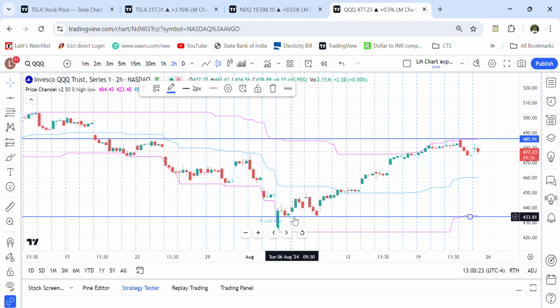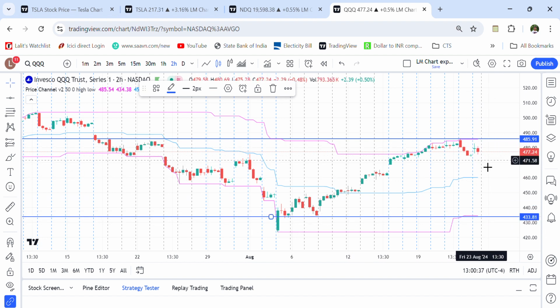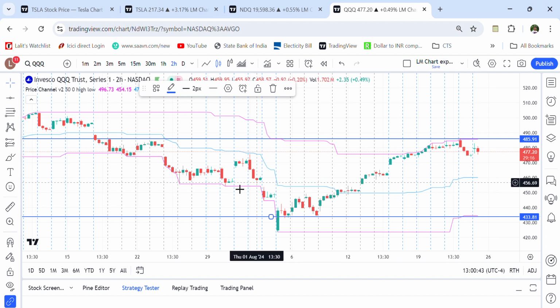Okay, so if you count, I'm not counting 50 candles, it will take time for this video. If you count 50 candles, it would come approximately over here or here, so that the low of that 50 candle mark is here, and you can see the price channel is within that range. Okay, so now I showed you this in the 2 hours chart. Now coming to